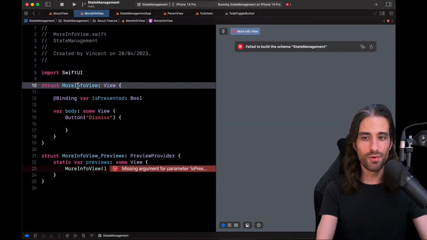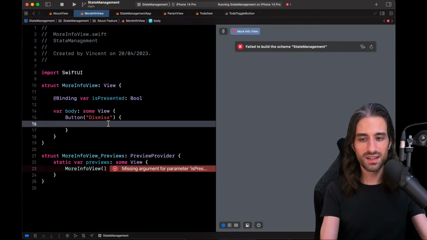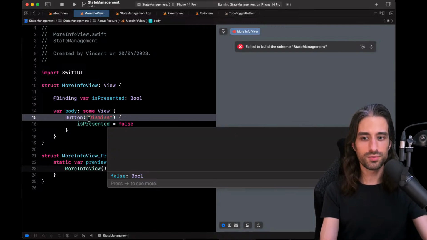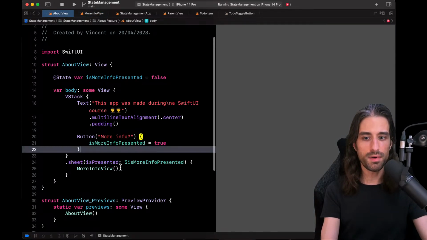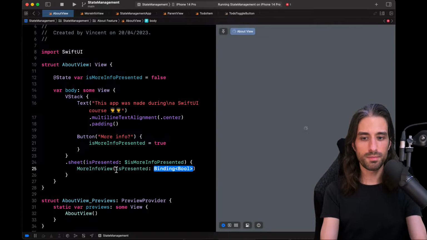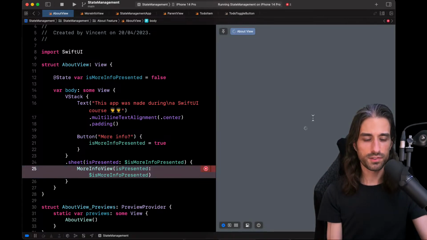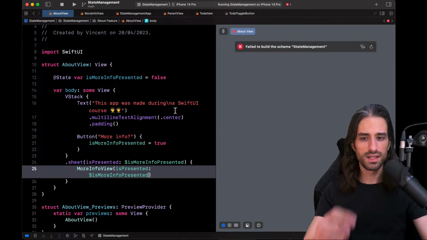So the more info view has is presented, and then on the button, I would put is presented back to false. And inside my about view, I would just pass the binding to is more info presented. So let's see. The preview is building.